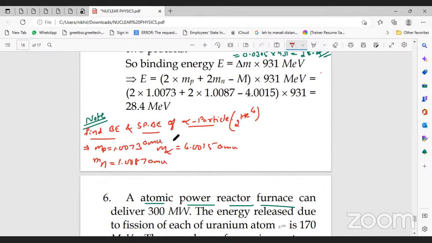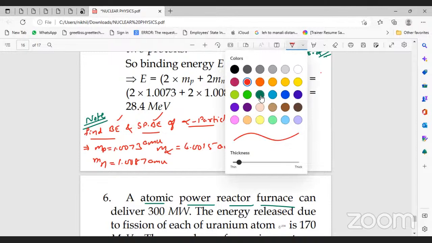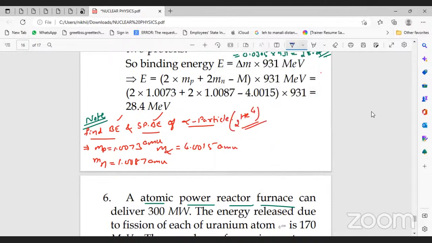So here they won't say that 2 protons and 2 neutrons are combined. Instead of asking that neutrons and protons are combined to form it, they may just ask you to find the binding energy and the specific binding energy of the alpha particle. They will mention only the alpha particle. They won't tell that neutron is combined to form proton or proton is combined to form a neutron. In such cases, you have to find only, if the nuclei is given,